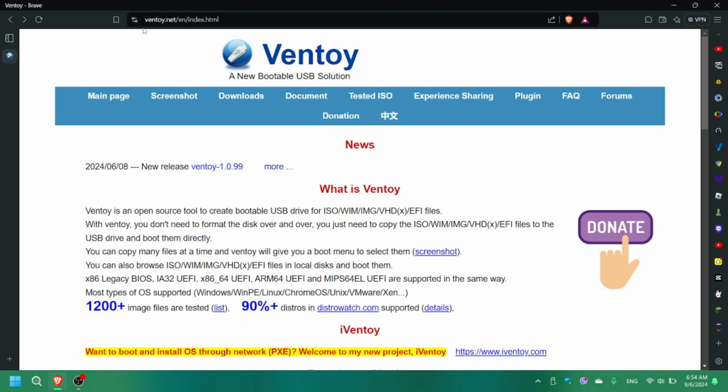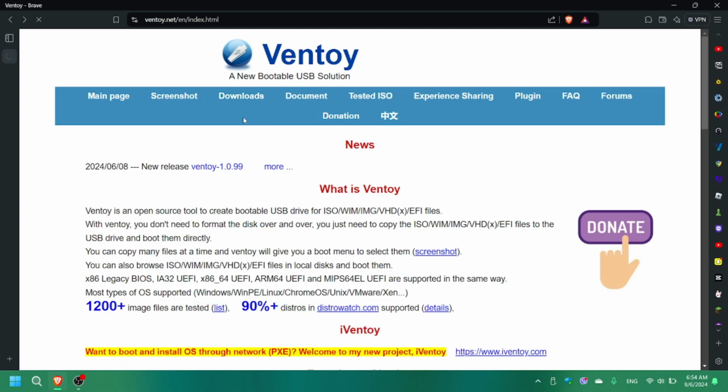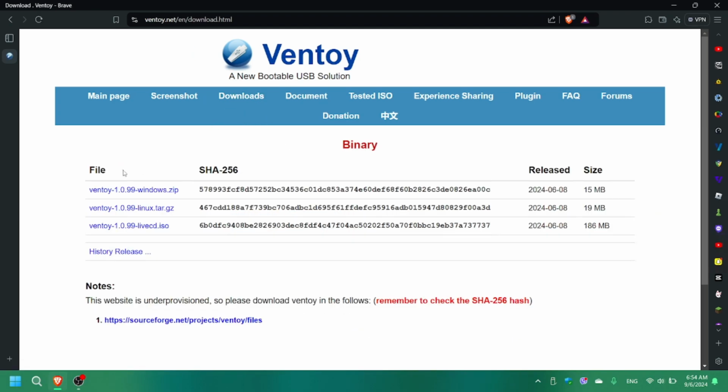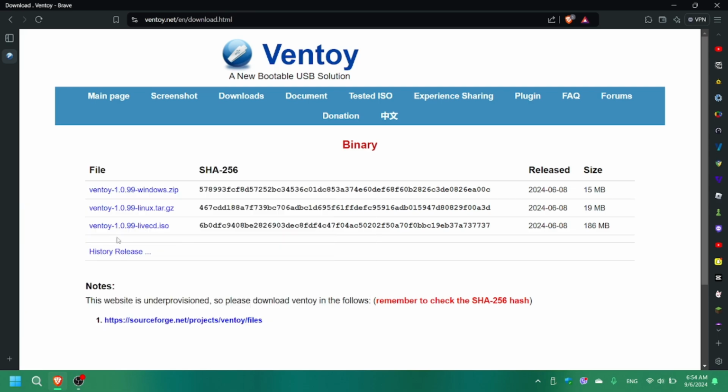So, you're going to head to ventoy.net or this link right here. Get over to downloads and download the latest one, either for Windows, zip one, or this for Linux and Live CD. This is a bit more complicated. So you have downloaded it, correct? So once you have downloaded,